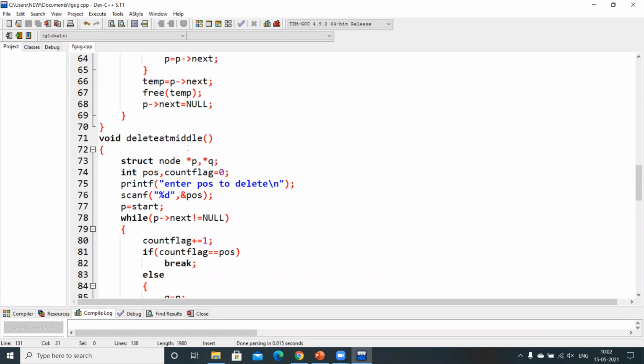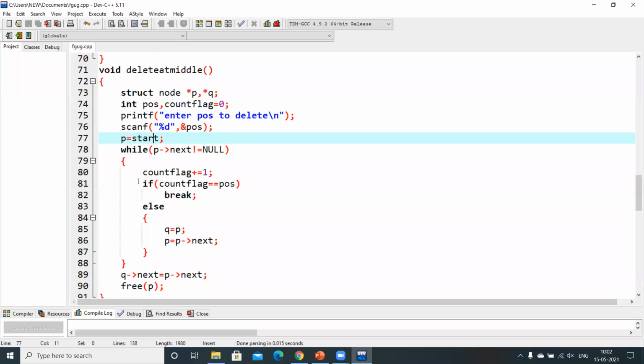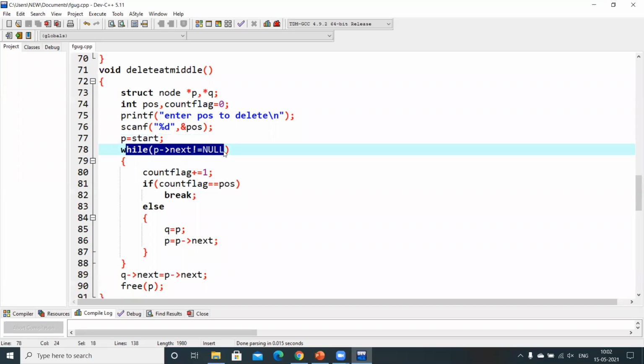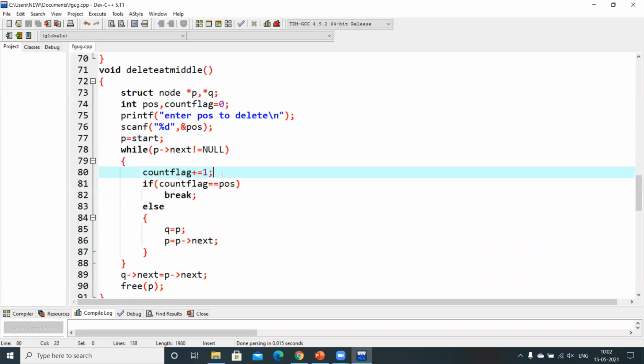The delete at middle we had considered. Let me check it out. Okay, in delete at middle, I had taken two nodes, and then the position I had considered, the count flag. Yes, I read the position. I started from the starting. While going to the null, I do count flag equal to count flag plus 1.